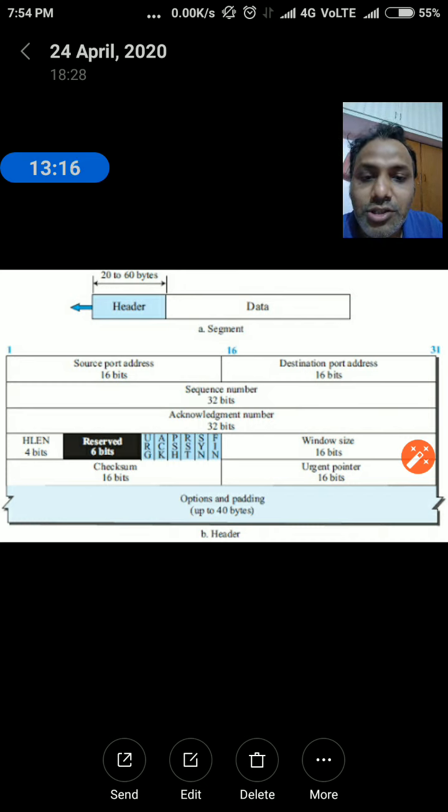And the next is the option and padding. Let's see here the option and